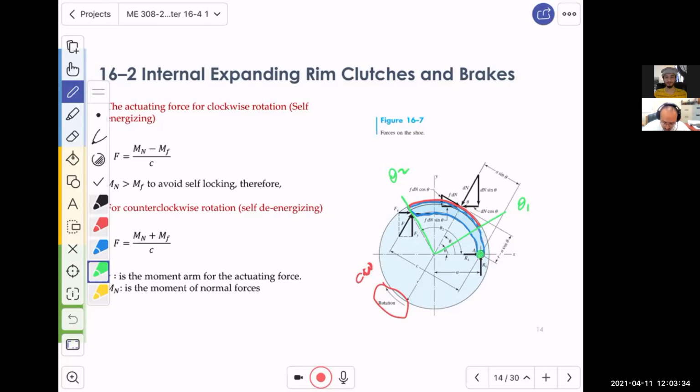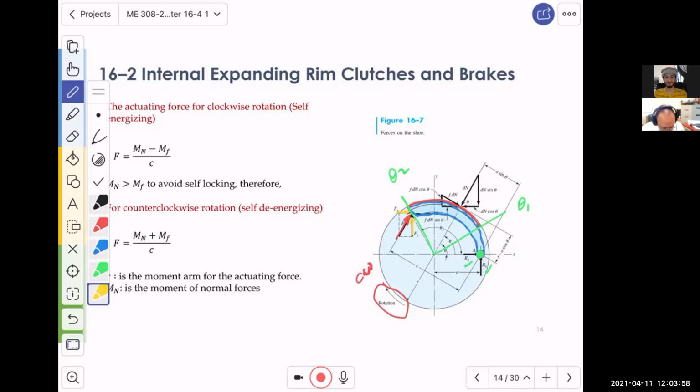The pin here is hinged, and we have two reactions, Ry and Rx. The force is actuated by the F over there, and for force analysis, we split this force into two components, X and Y,